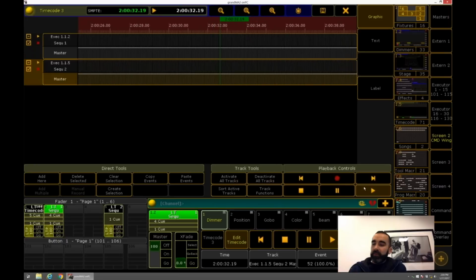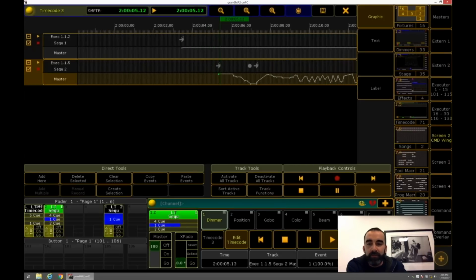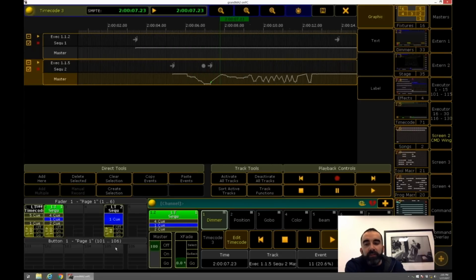Well, we're hitting play. Oh, I got to tell my audio guy to reset it. Okay. You see a trend here? Reminding you of where timecode's coming from. Now, if you're generating from your own computer, you'd obviously be in control of this. But watch this fader. This fader goes up and down on its own because it's following along.